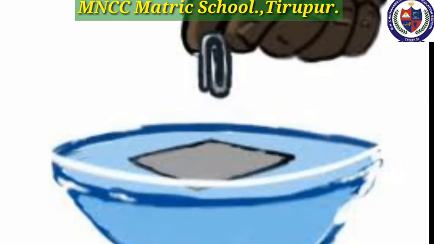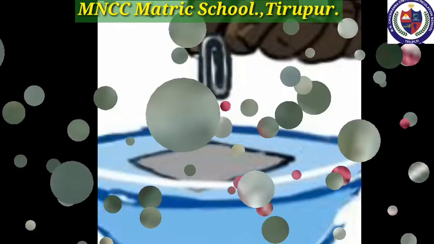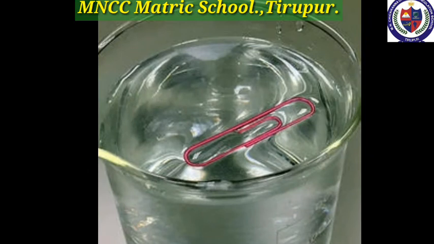For example, take a paper clip, take a cup of water, take a tissue paper and spread it on the surface of the water. Gently place the paper clip on the tissue paper. Observe what happens to the paper clip after some time. After a few moments, the tissue paper will submerge and the paper clip will make a small depression on the surface of the water. It will instantly begin to float on the surface even though it is denser than water. So, what is the reason for that? The paper clip is balanced by the molecules on the water surface, which is now behaving like a stretched elastic membrane. So, it does not submerge.